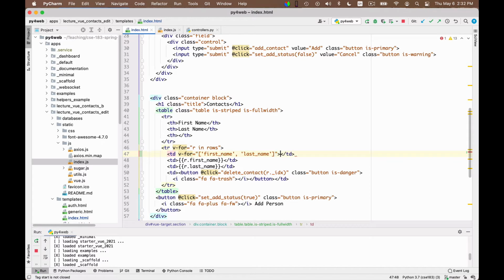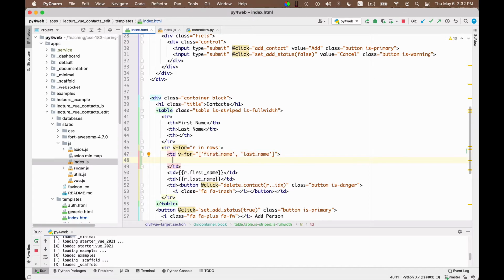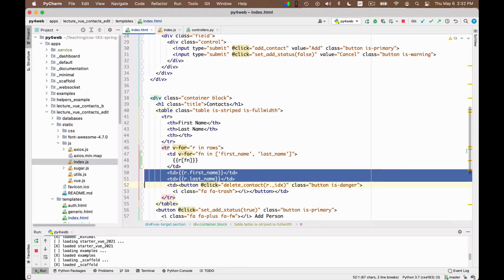And that's it. And inside the TD I now put a single line that says row, oh yes, here I forgot field name in, okay, row of field name. Okay, this will enable me to avoid this code repetition of outputting the field twice.